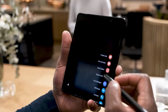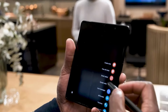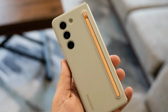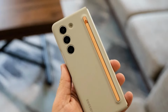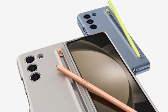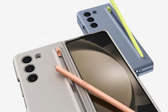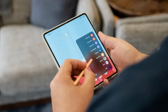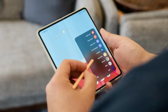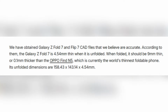According to the leaked files, the Fold 7 measures 4.5 millimeters in thickness when unfolded. When folded, it becomes 9 millimeters thick. To give you some perspective, the Oppo Find N5 is 8.9 millimeters thick when folded, making it just slightly thinner than Samsung's latest. That means the Fold 7 misses the title by only 0.1 millimeter, which honestly won't be noticeable to most users. The phone's full unfolded dimensions are